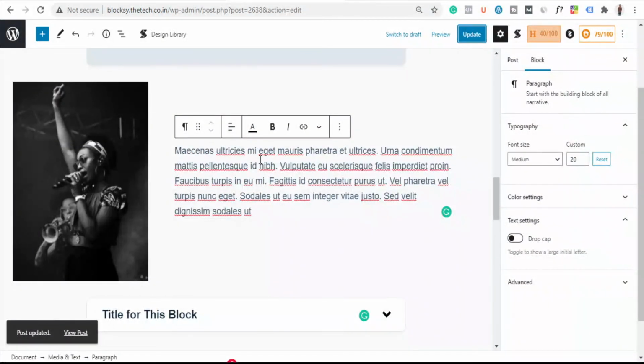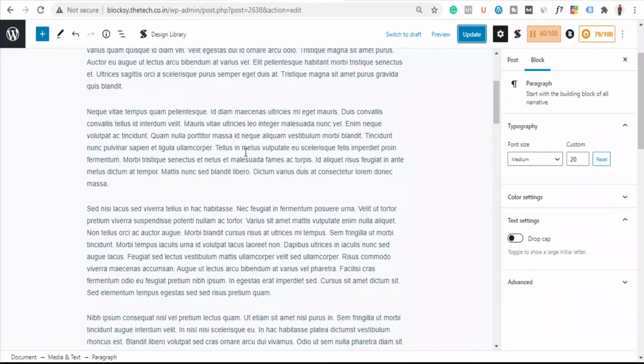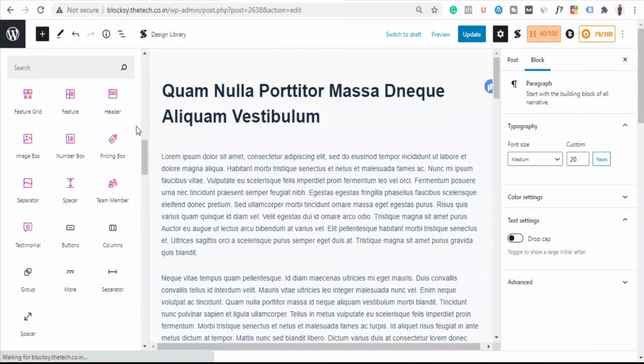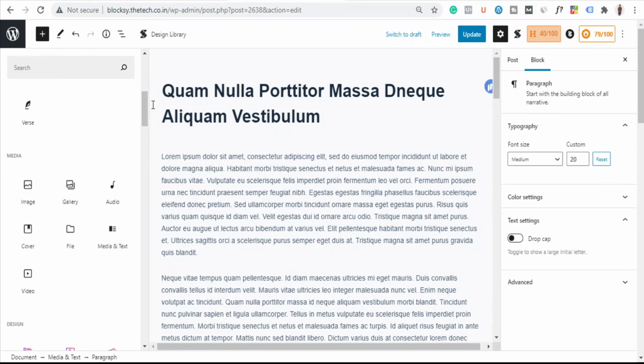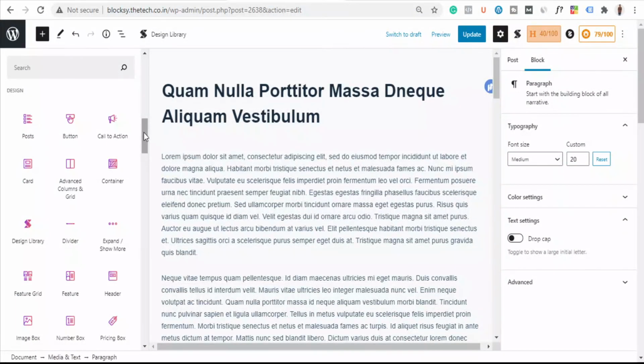But ideally I would recommend that if you are writing an article, try to focus more on the article and the SEO part rather than styling it or customizing it. So I hope guys I was able to explain how you can make your blog article beautiful with the help of Stackable features. I think there are more than 50 options. You can just play around with these sections, import any section and check if it works for you or not, and you can make your site beautiful.